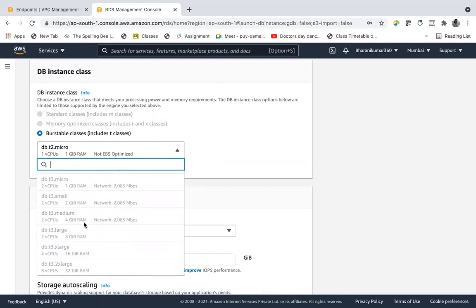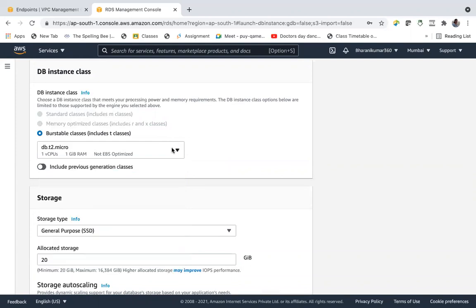If you want the M family, since it's a database, the M family provides large memory. So based on your database size and the number of queries that come to your database, you can choose the instance type or instance class.